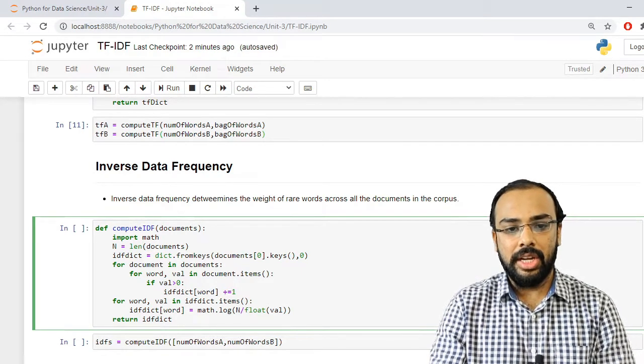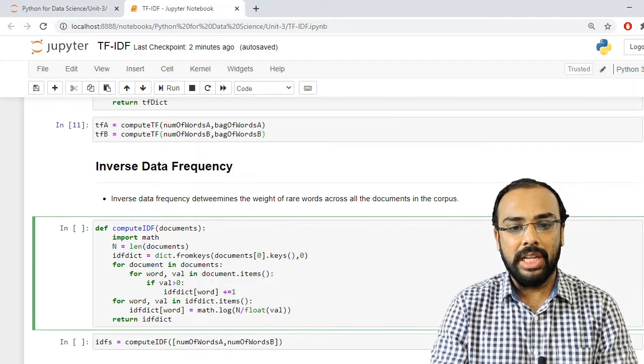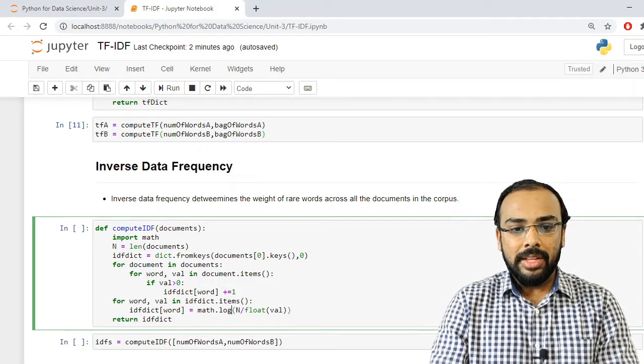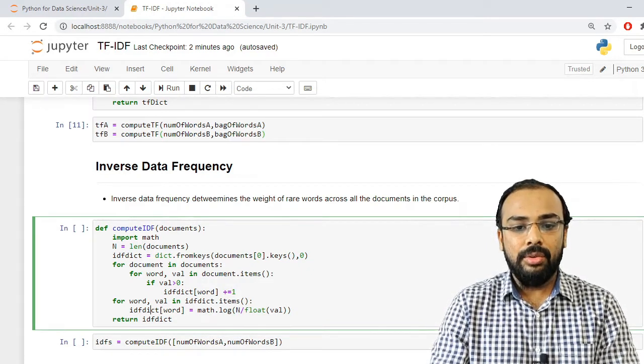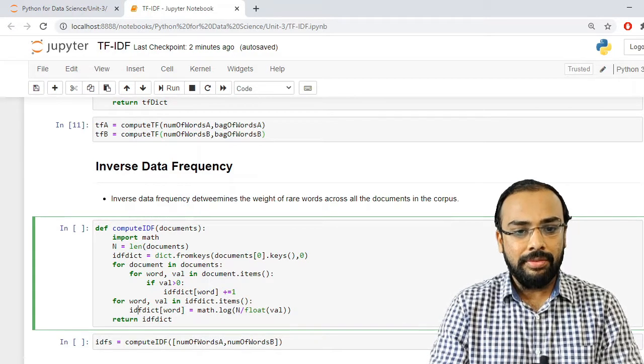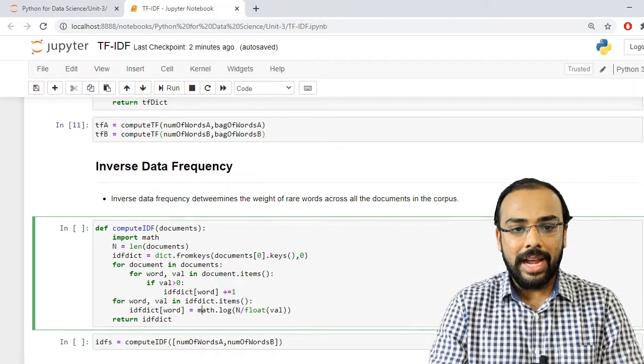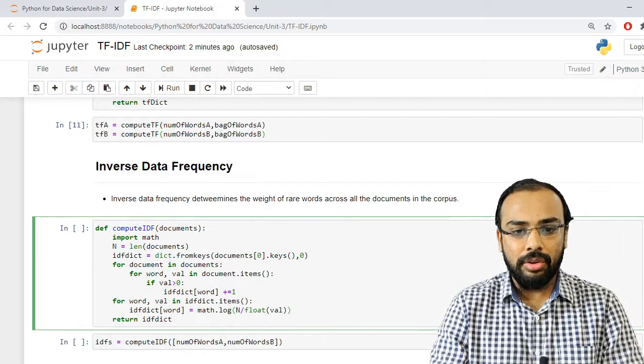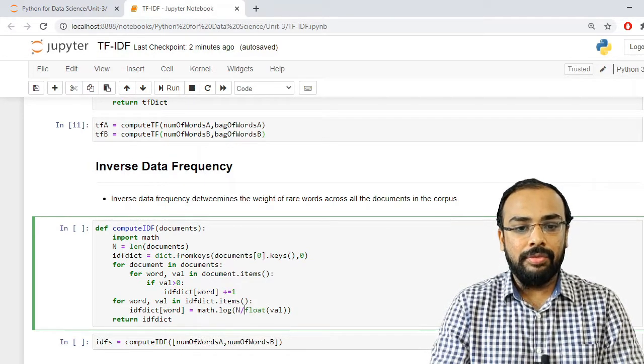That means it is occurring for the first time, second time, third time, and so on. The second thing I am trying to do is calculate IDF. So what is the formula? The formula is the length of the document divided by the floor value.